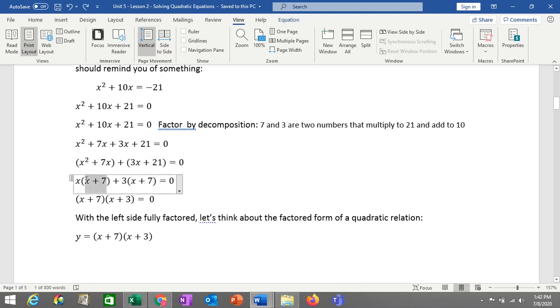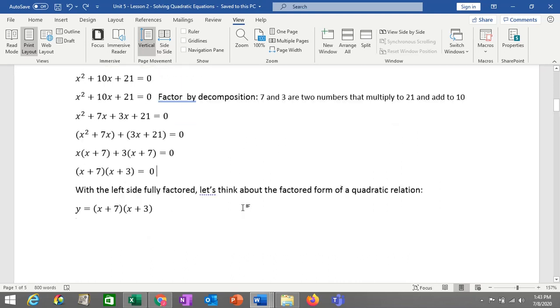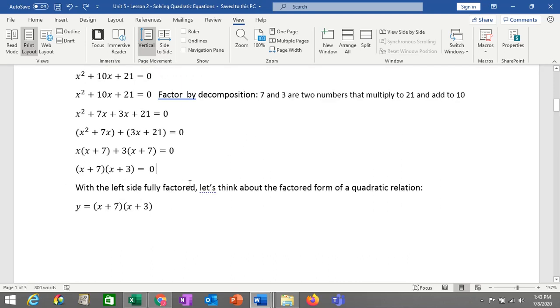We need these two brackets to be the same. So then we can pull out the x plus 7 from both of these, and we are left with x plus 3. So we have x plus 7 times x plus 3 equals 0. So we have now factored the left-hand side. And this is going to allow us to answer the question. And to understand why that is, and to help you think about Unit 4, because you're going to have to use that on an exam soon, when you have the left side fully factored, you can relate it to this,